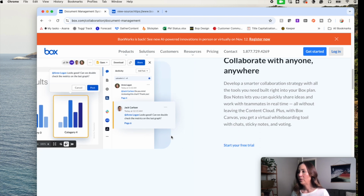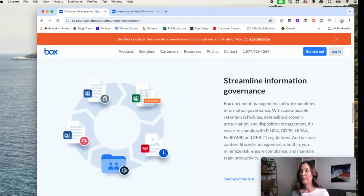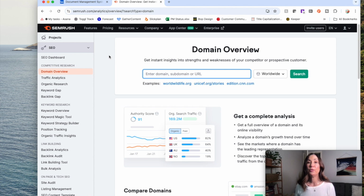Scrolling down, we're going to see more keywords, which kind of tells you that this is optimized. So document management software, that's a related keyword. So you can tell here that this page is optimized for this keyword. The other way you can do this is to use an SEO tool like SEMrush, which I'm in right now,